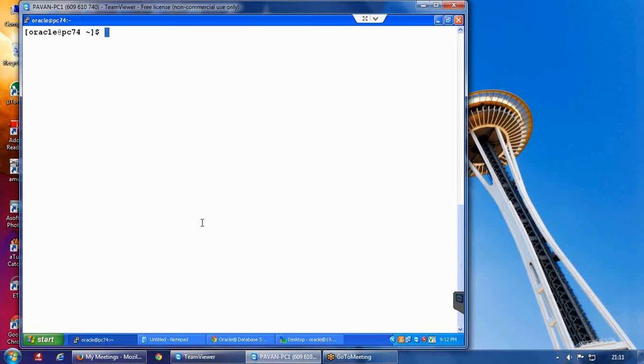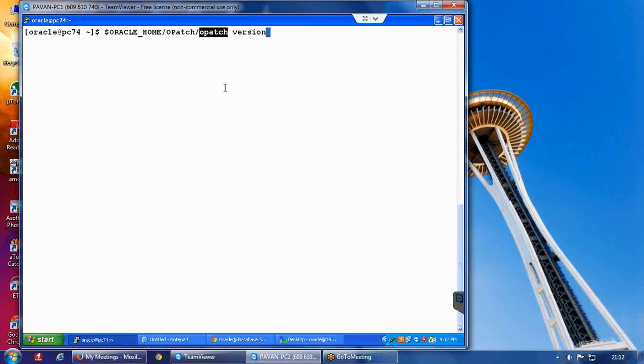But the first requirement for applying a patch is that you have a utility called OPatch, just like EXPDP or EXPIMP, all these are utilities.